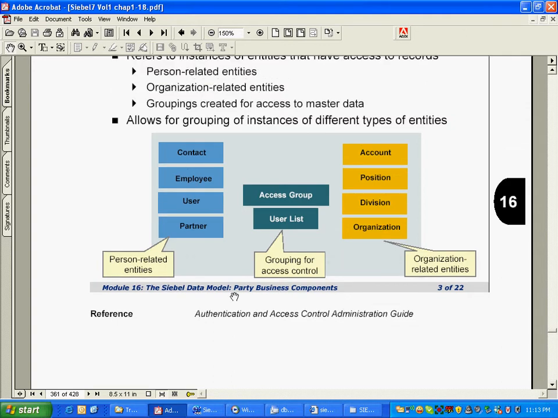Let's say Dell is implementing Siebel, then Dell is the organization, right? Everybody else is an account. Within Dell we could create multiple hierarchies of organization relationships: Dell Asia Pacific, Dell product, and so on and so forth. But at that point there was no way to make them part of the team, like Dell India is a part of who's going to work on this opportunity with us. We could not do that. Although I see very few scenarios where the whole Dell India organization will become part of the team. That's why I'm not able to give you real business scenarios other than contact scenarios. But still, if you wanted, there was no provision.